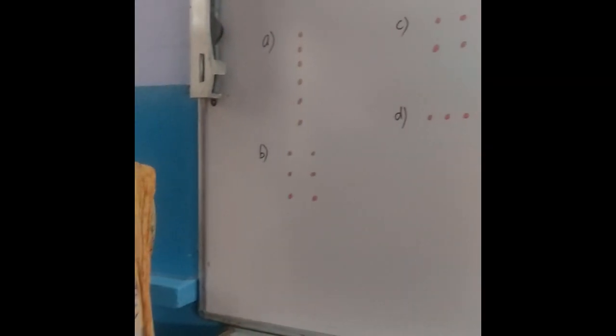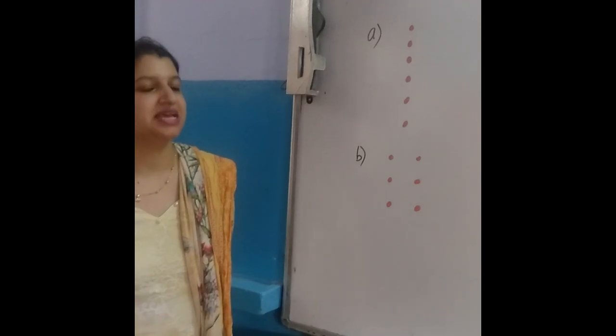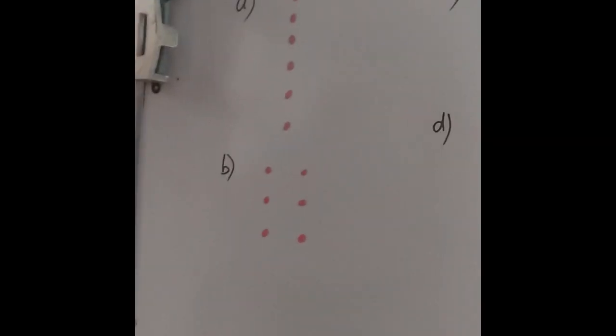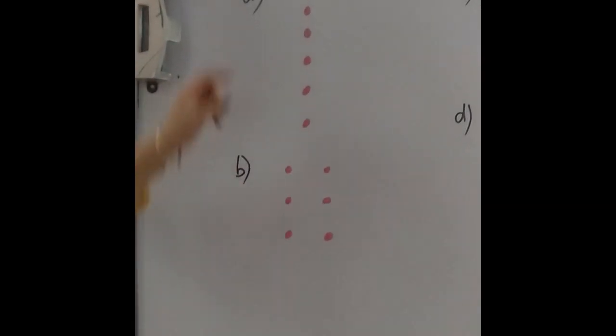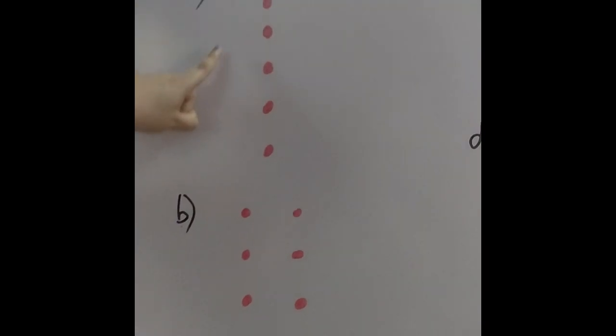Now today we are going to start with a very interesting chapter, that is chapter number 3, playing with numbers. To start with this chapter, we are going to do an activity. Kindly see to it. Suppose we are having 6 marbles and we are going to arrange these 6 marbles into different patterns. Now the first pattern can be, we are having 6 rows and there is 1 marble in each